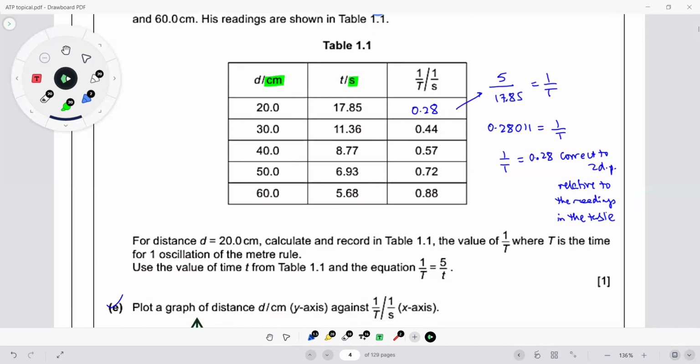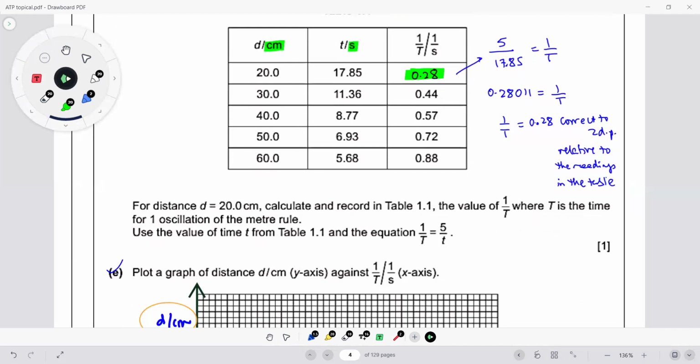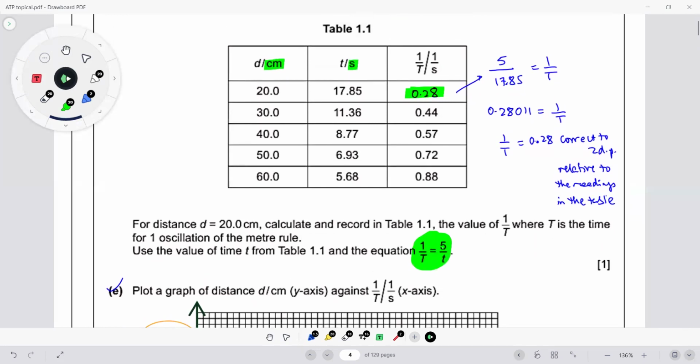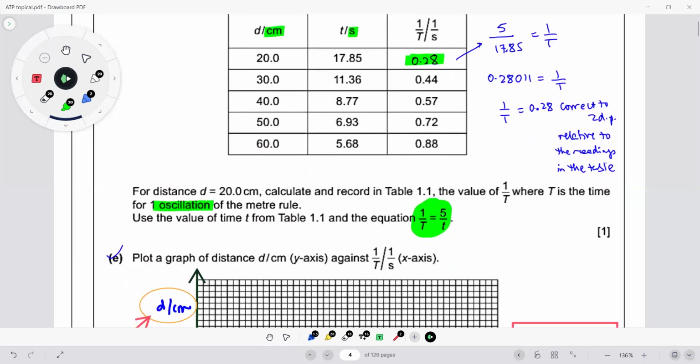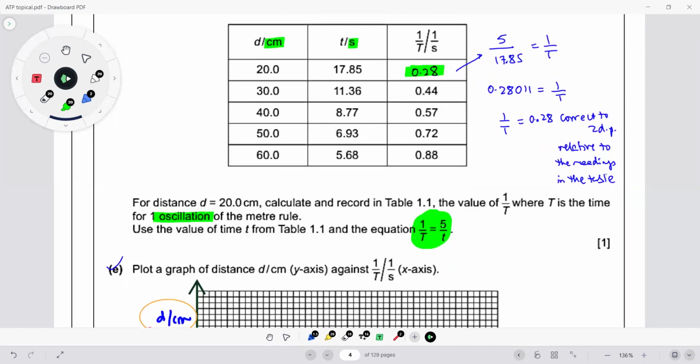Now, I get to 0.28 easily, but you need to understand you can't get to 0.28 if you don't read this formula. It says, for distance d equals 20, the examiner is going to help you: calculate and record in table 1.1 the value of 1 over T, where T is the time for one oscillation of the meter rule. It's for one oscillation, right? Use the value of time t from the table and the equation 1 upon T equals